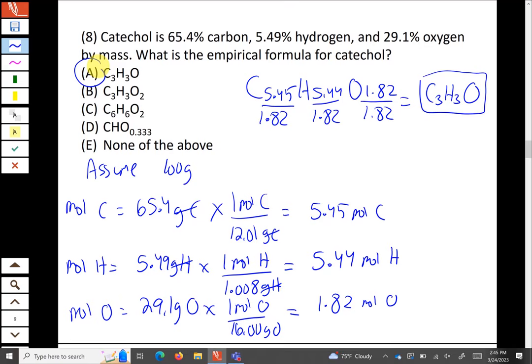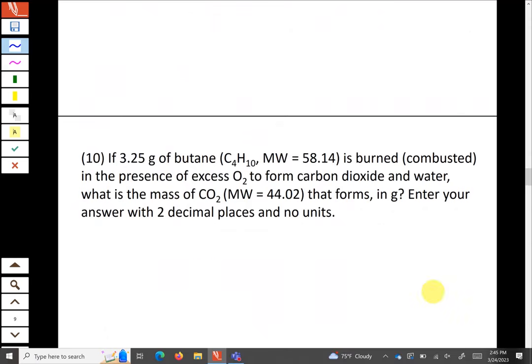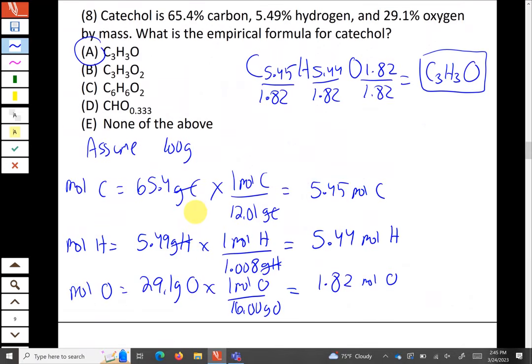The only other thing to be aware of on these problems, because it didn't come up here, is that sometimes when you do this step here, you don't directly get whole numbers. So I'm going to write it in different colors so people don't think that it's actually part of the answer here. But let's say we got an answer that looked like this. Sometimes you'll do that step and you'll get